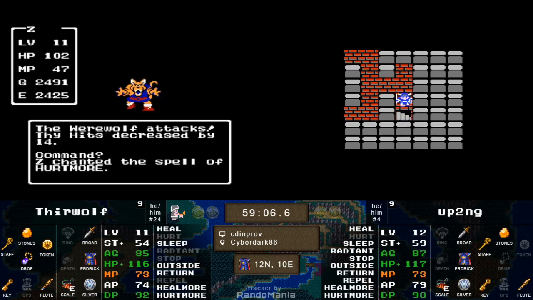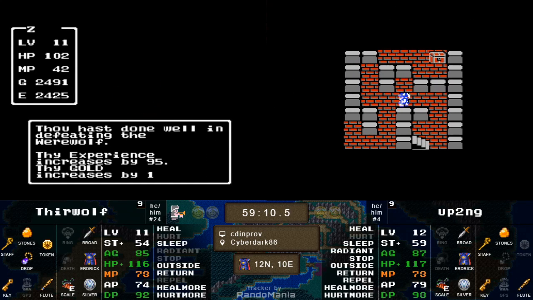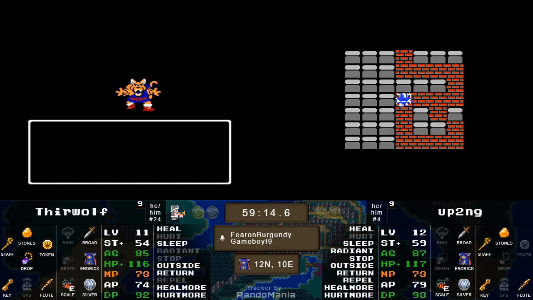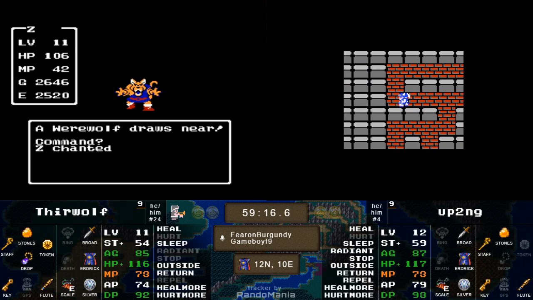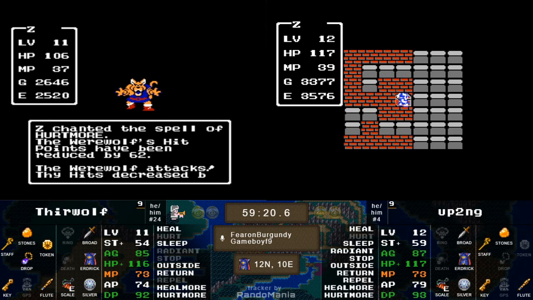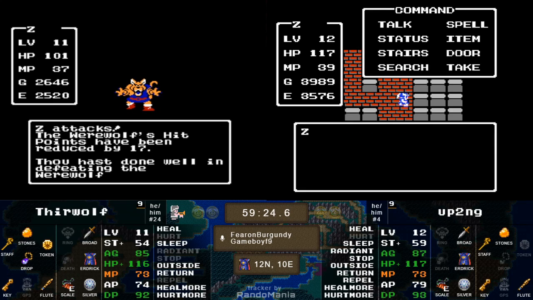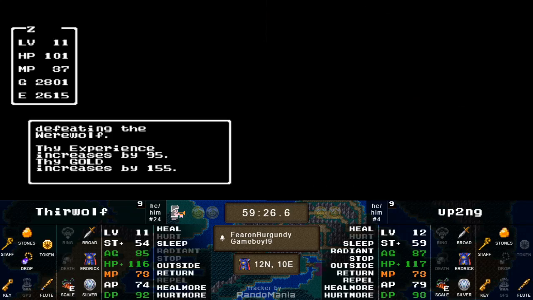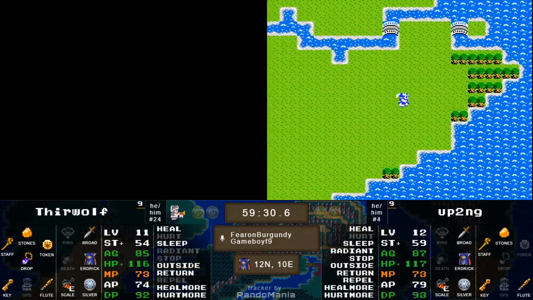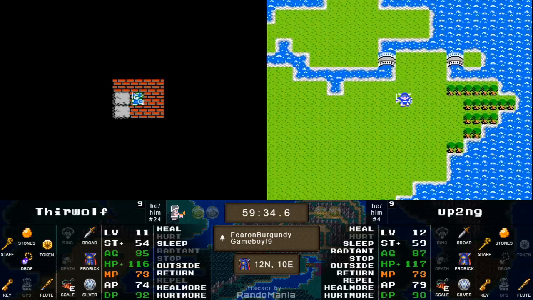Now, for those just joining us here on RPG Limit Break, this is the best 2 out of 3 in the semifinals of the 2019 Dragon Warrior Randomizer Tournament. This is Game 1 between Thirwolf and up2ng. Game 2 will be just 47 hours from now on Thursday night at 8 o'clock Eastern, and if necessary, will be on the 5th of November, day 5 of...